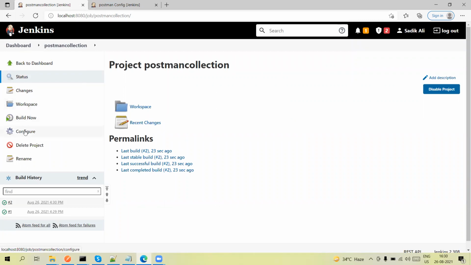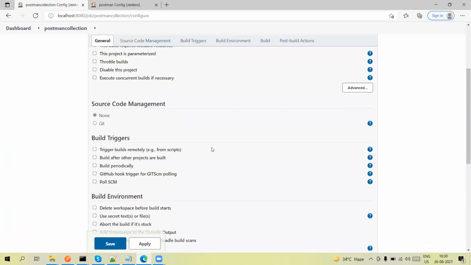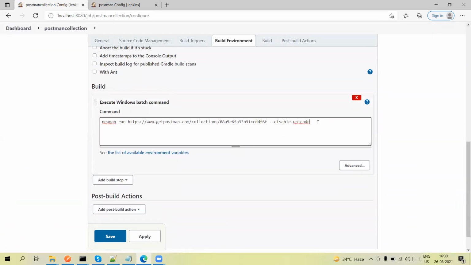Next, how we generate the report. As we know, we need to use hyphen r and then pass CLI, JUnit as well as JSON. This will generate the report in all these formats. CLI gives you command line reports, then the JUnit and JSON reports.